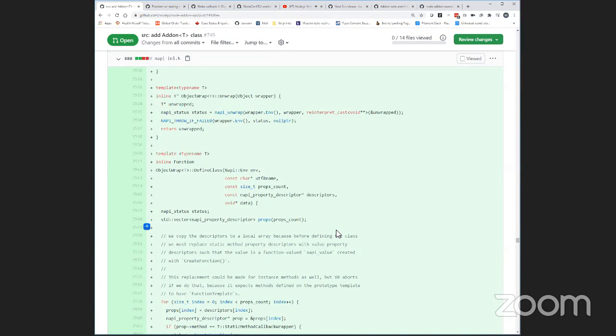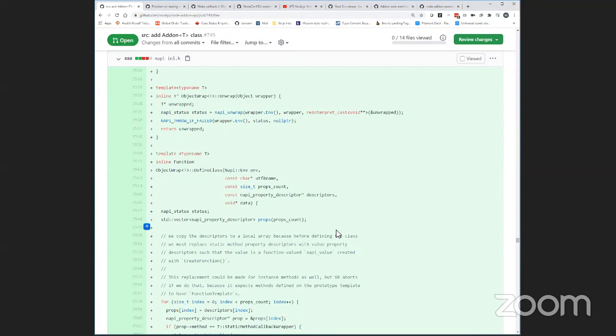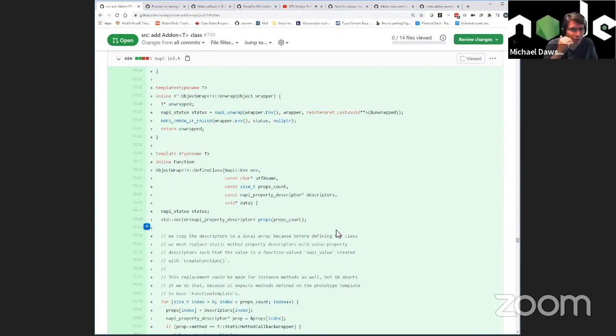The flip side is if I move it back, then you'll have instance wrap t and object wrap t methods interspersed, and that would make the code look ugly for at least one commit. Then I could do a second commit which cleans it up and moves all the instance wrap into one part of the file and all the object wrap into another part of the file. That might be helpful for reviewing, because this commit simply moves code. Yeah, exactly. Then it would be like, okay, we're not even going to look at that code because we know it's just being copied, and the other one is the one that's changing it. Those two, I think, would actually be quite helpful.